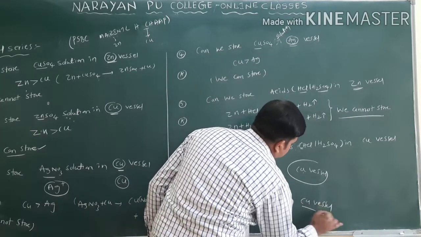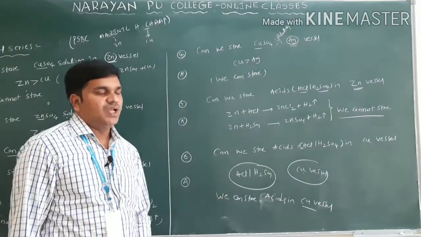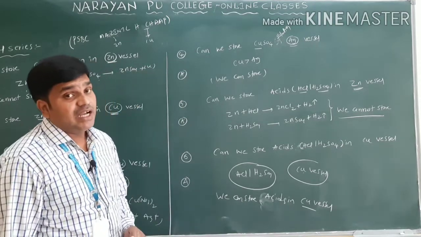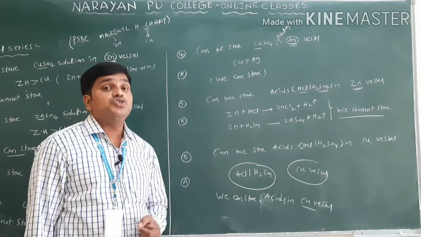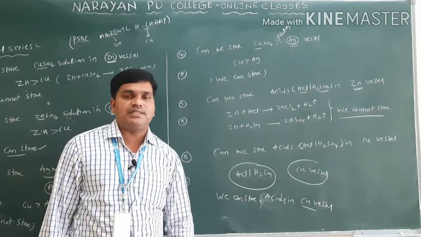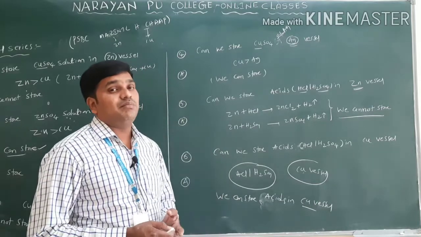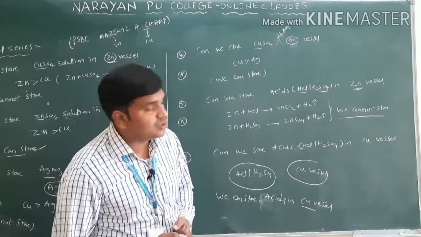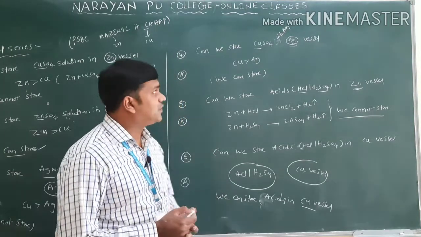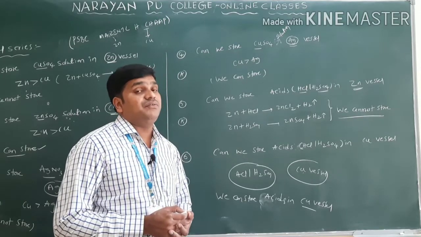A simple point, you can say one more point also here. Regarding acids, the metals which have negative reduction potential values displace hydrogen from the dilute acids, so those metals cannot be stored in acids. Or the metals which have positive reduction potential values, those metals we can store in acids. So these are some of the questions mainly based on the electrochemical series reactivity order.